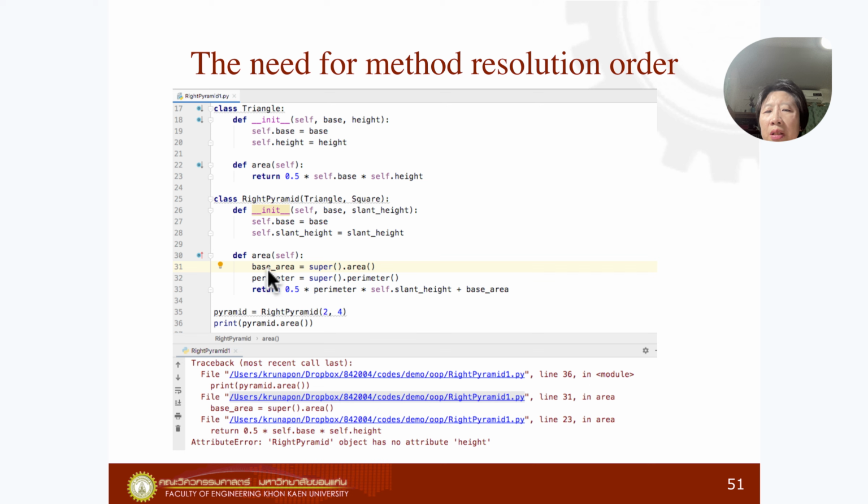And then the area of line parameter is 0.5 multiplied with perimeter and multiplied with slant height plus base area. And then we create the object of right pyramid and print the area. And now we can see the problem that when it tries to compute the area of pyramid, it's actually will go to compute the area, right? And here the area tries to compute